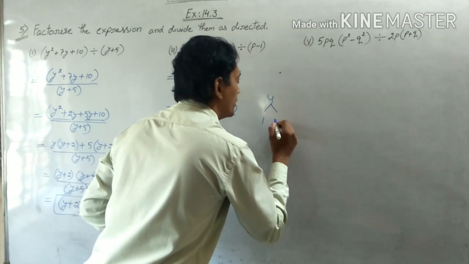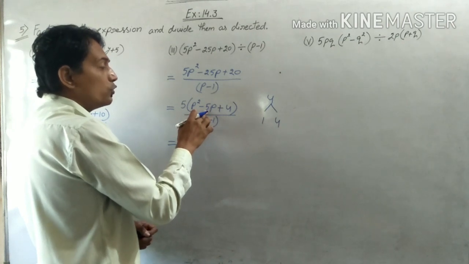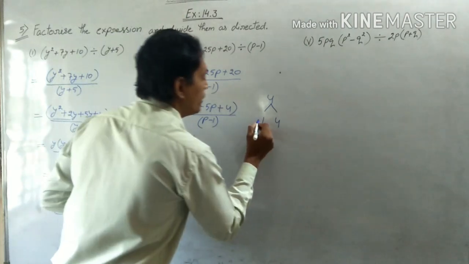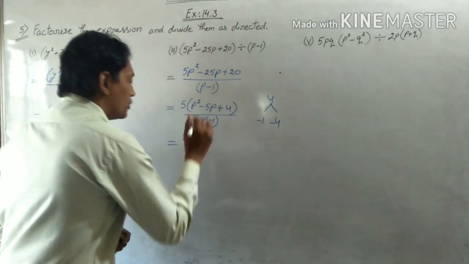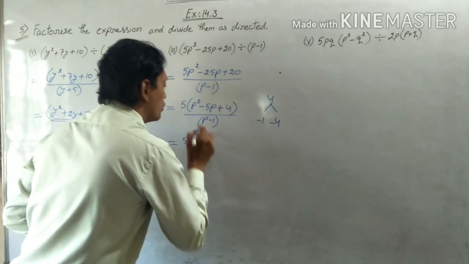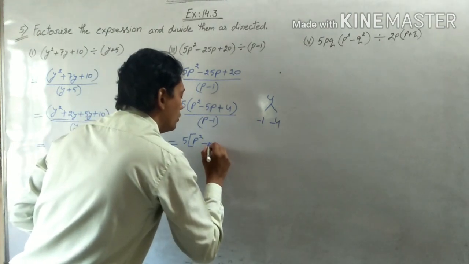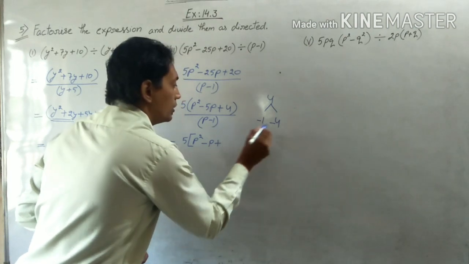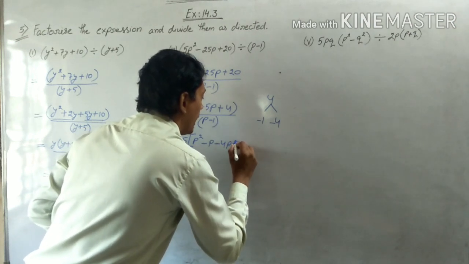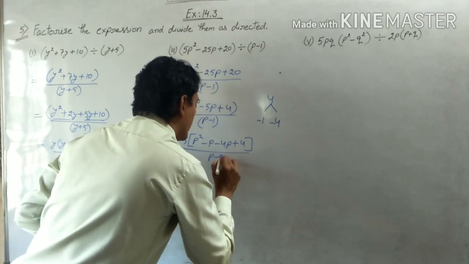Okay, so we have one of the factors, that is 1 into 4 you will get 4 and 1 plus 4 you will get 5. But clearly students, there is a negative sign here, so we already know that for the same sign the operation is addition, so we'll put minus here and minus here. Okay, so now what we can do is we'll put a square bracket, so p square minus 1p, you don't have to write 1p, you will write just p, plus that minus 4p and the last term is 4. Okay, whole thing divided by p minus 1.